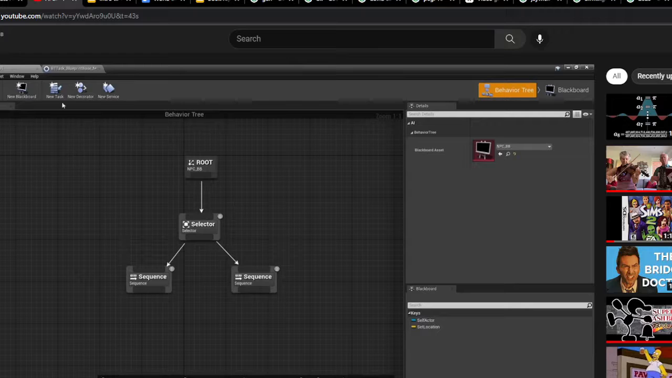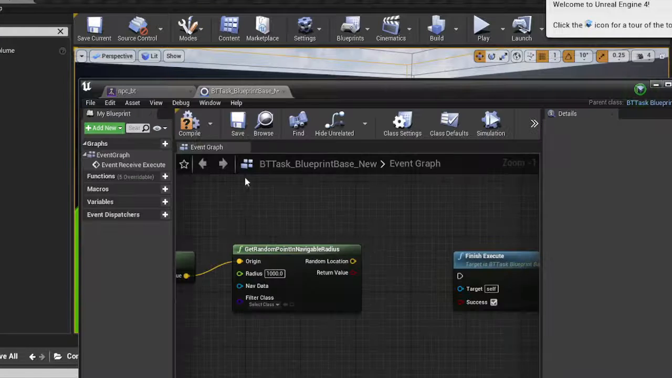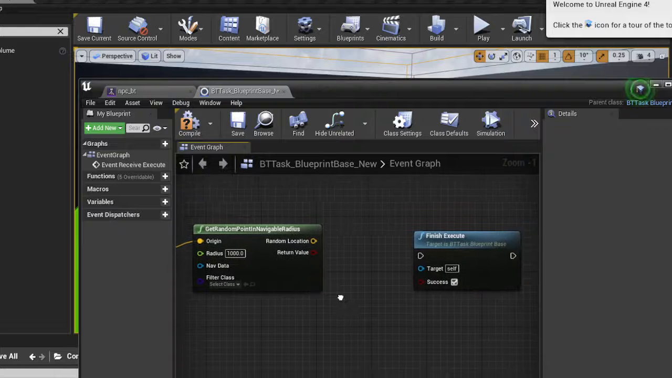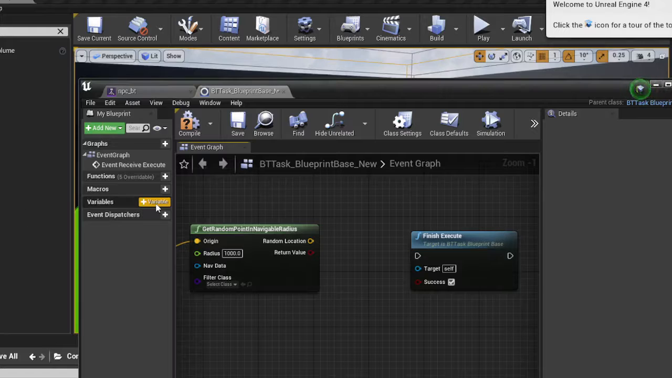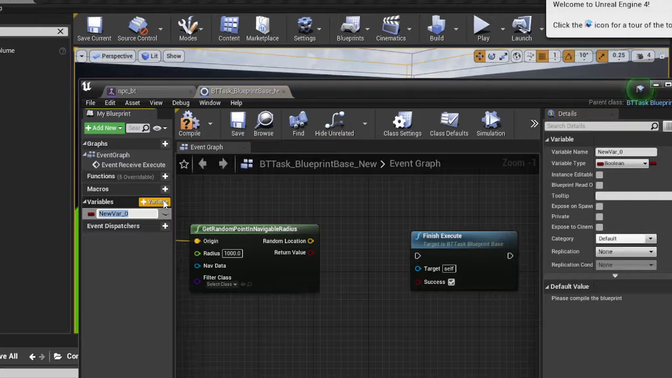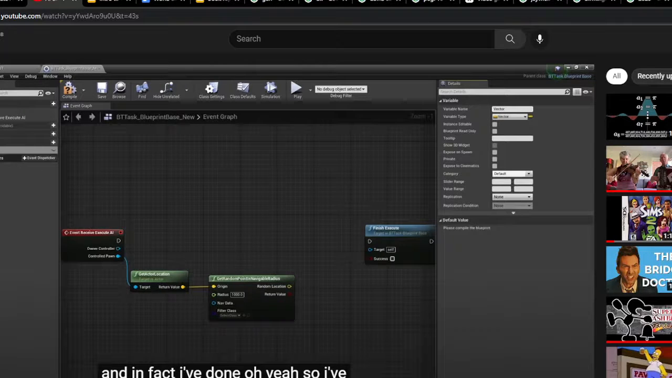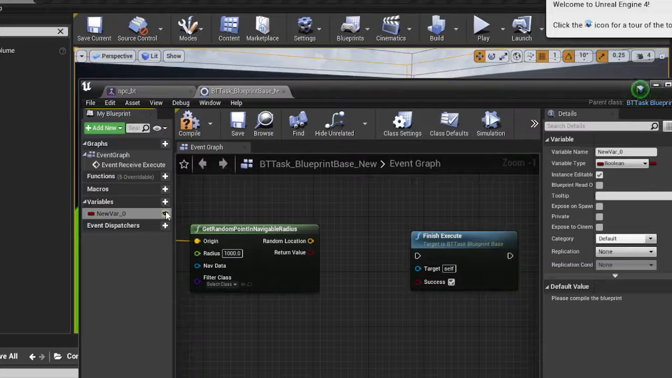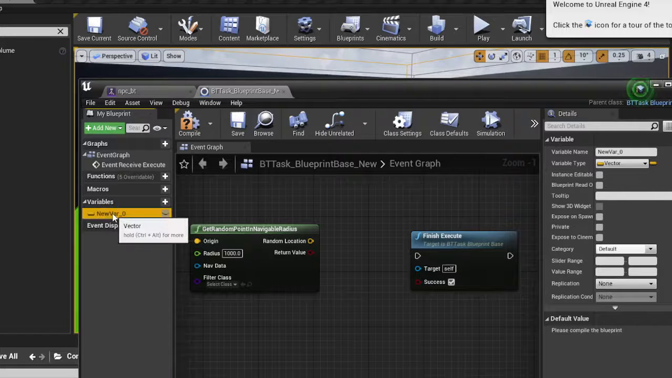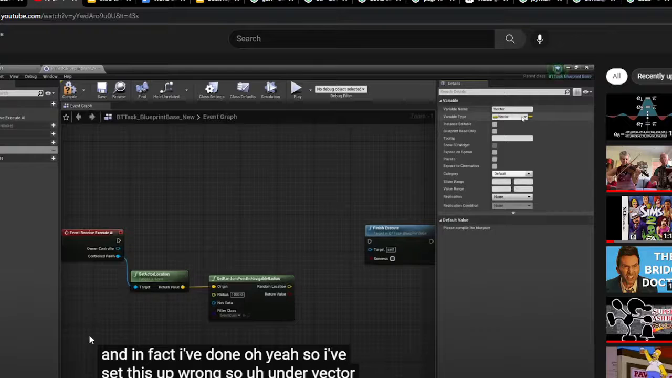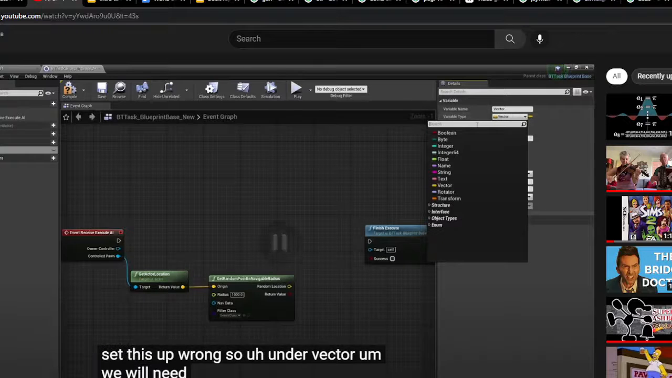Okay, so next, if we go back to our task here, the next thing we need to do is set up a variable, and we can communicate with what we have in the Blackboard. So we're going to click new variable, and I'm just going to call this vector. And under vector, we will need